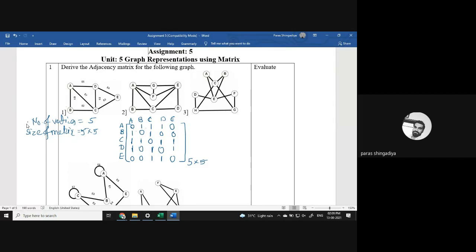Okay. Now do it for the second and third graph. The second, third, and fourth graph, and the fifth and sixth, are for your homework, for practice. Now derive the answer for the second graph and third graph. If you have any query, please ask, and we will discuss it here. First, draw the graph in your book, and then write down the answer for this graph.